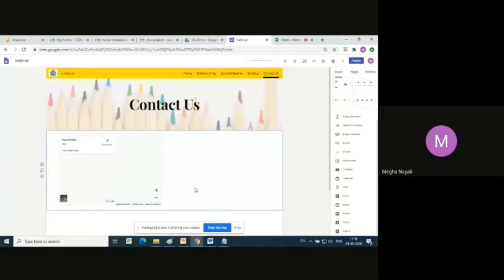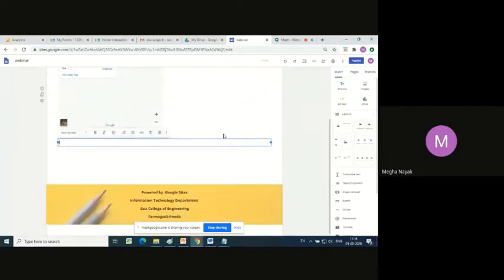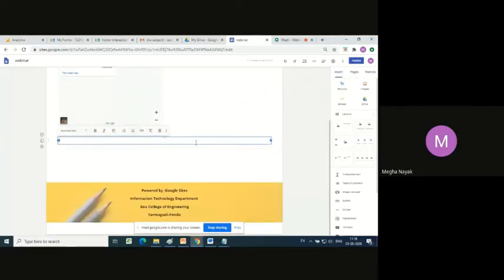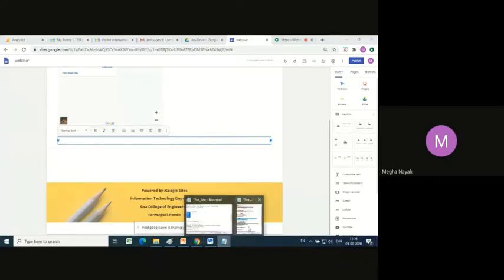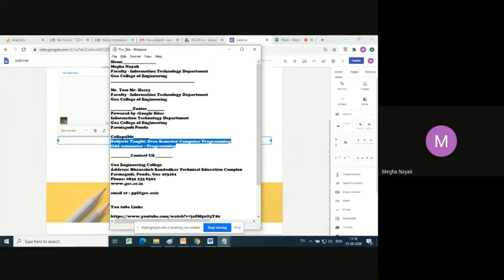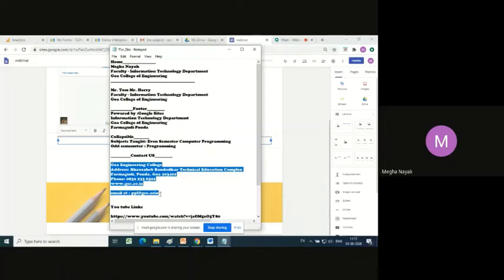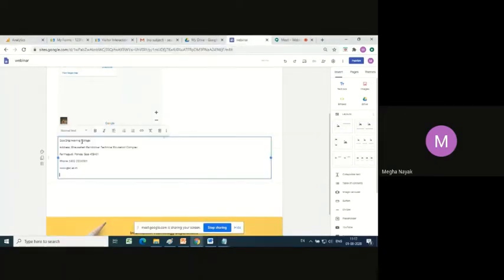Then to give more information, I'll insert a text box. Okay, now this text box I will give information about how to get there or how to contact us. Okay, so I'll just place this.